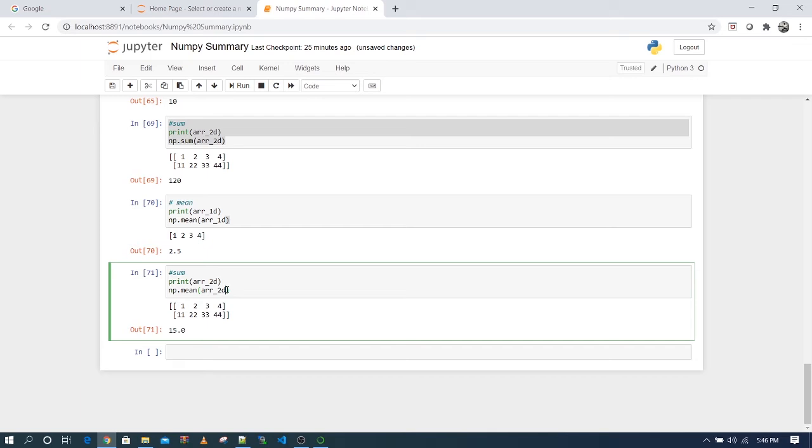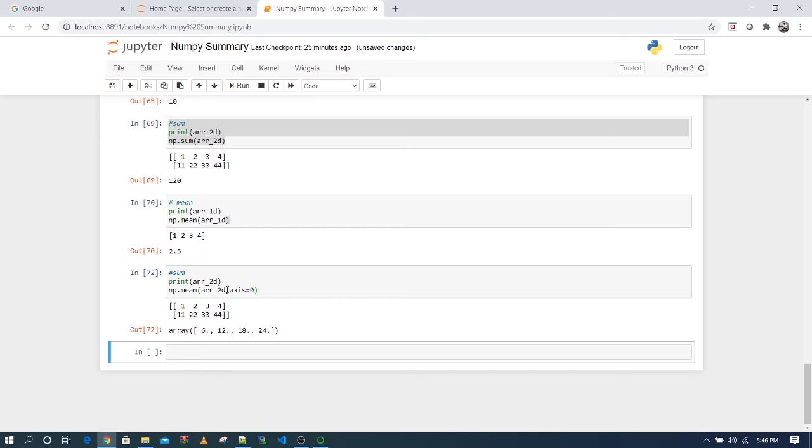This is 15, but similarly if you pass axis as 0 or 1, then it will print column wise or row wise. So axis equals 0, here it will print the column wise mean. And if you pass axis as 1, it will print the row wise mean. So you are getting the row wise mean.